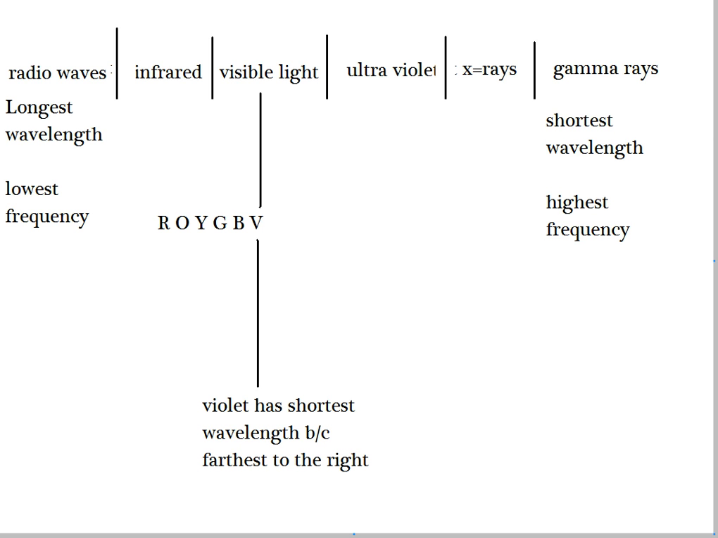Now this here is the electromagnetic spectrum. It goes from the left: radio waves, infrared rays, visible light, ultraviolet, X-rays, and gamma rays. Visible light is broken down into ROYGBV. R stands for red, O is orange, Y is yellow, G is green, B is blue, and V is violet. Now the farther you go to the right,